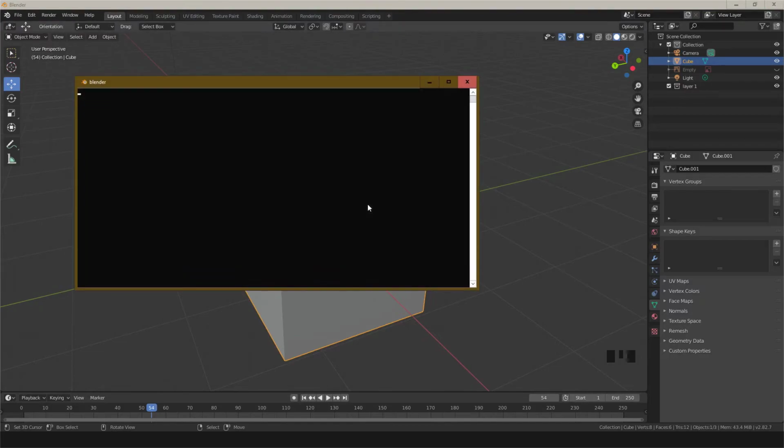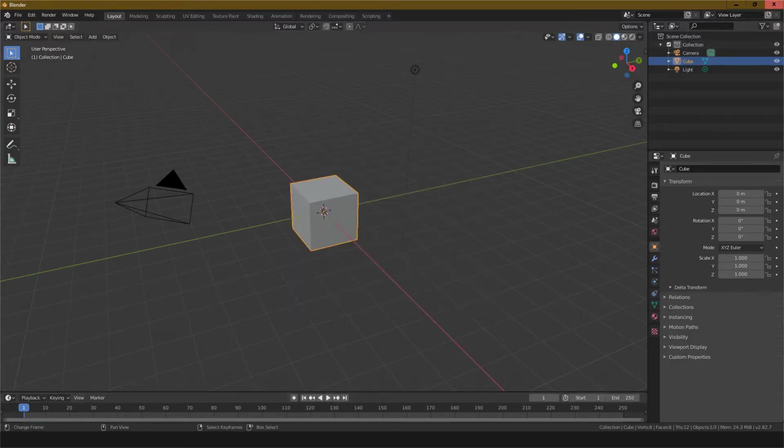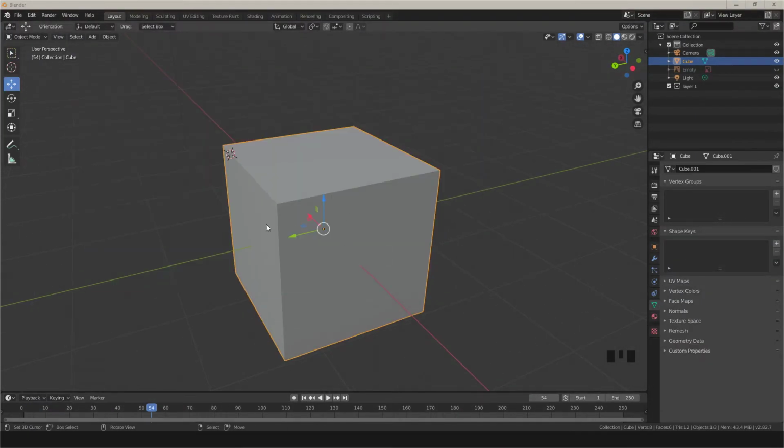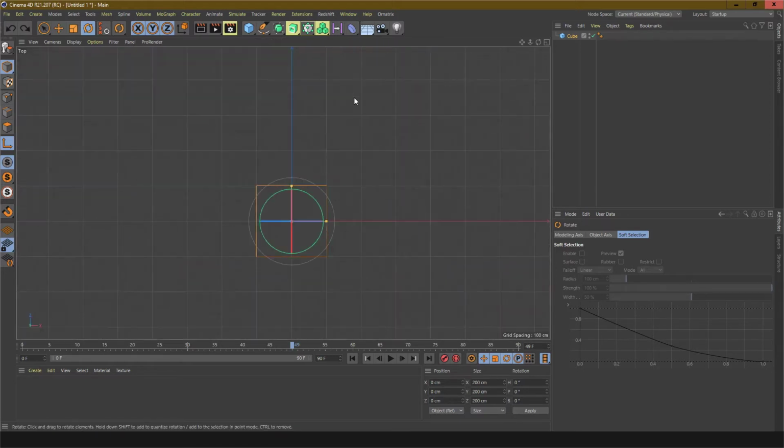In Blender, if you see a quad view, because this is a perspective view, click here with the middle mouse button, you can move anywhere, and if you move to top, click here with the middle mouse button, this is